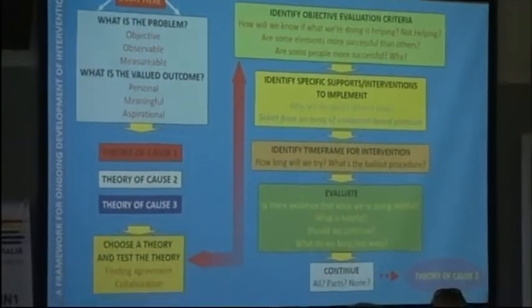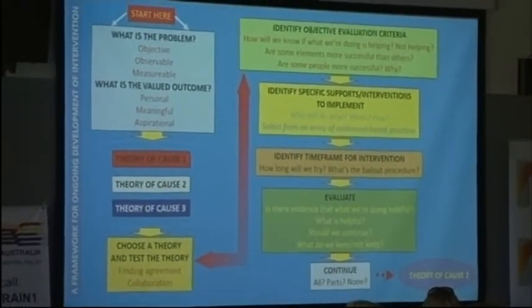We have people who pick valued outcomes that we just don't agree with, but it's theirs. And usually we learn pretty quickly that it isn't working so well. And what do we say? Well, we've got something here, let's think about something else. What else could we try? We have a more simplified version of this, where we sit down with people and say, it's goal, plan, review. What's the goal, what's the plan, what are the obstacles? But the idea is we keep coming back to it and asking, is it working, is it not working?